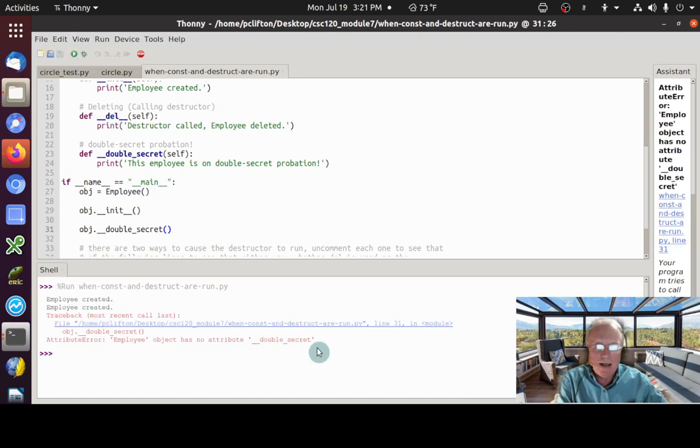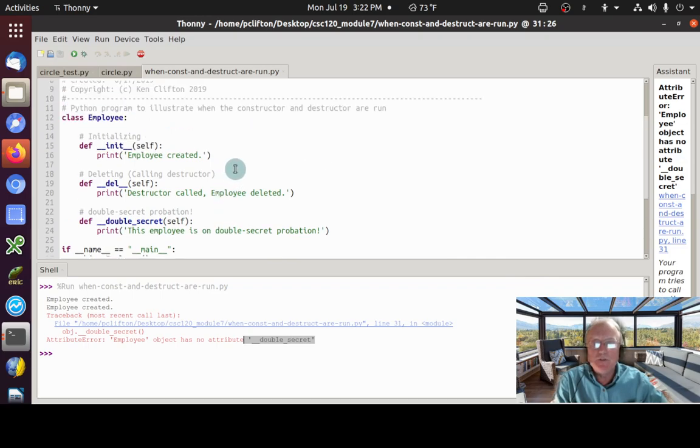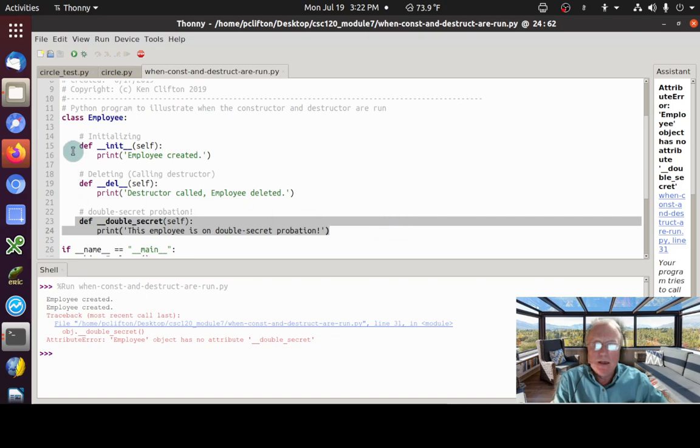What's it say? Employee object has no attribute named double underscore double secret. Well, actually it does, but we made it private. We made it private. Now, just to prove to you that we can get to this method here inside of our class,